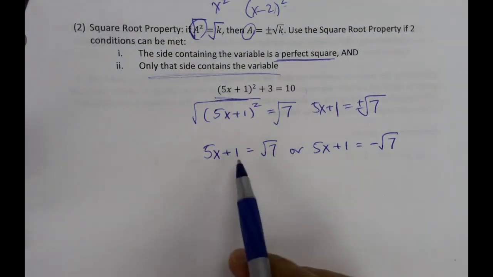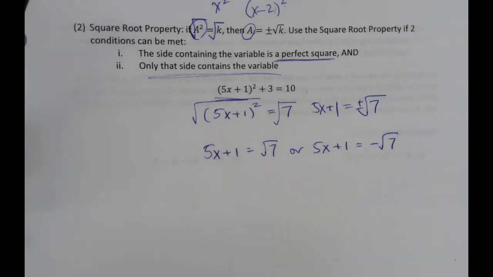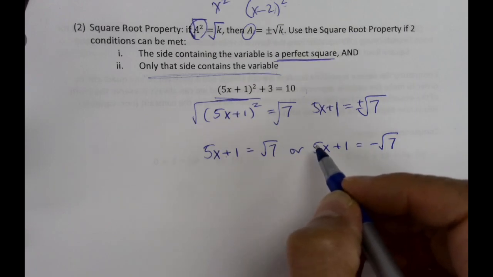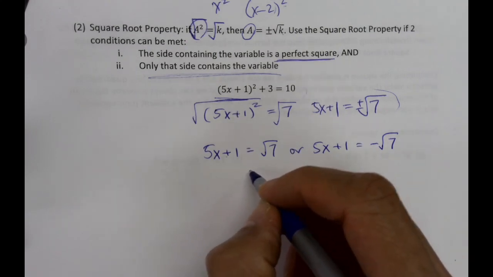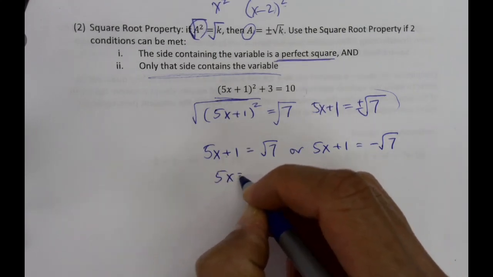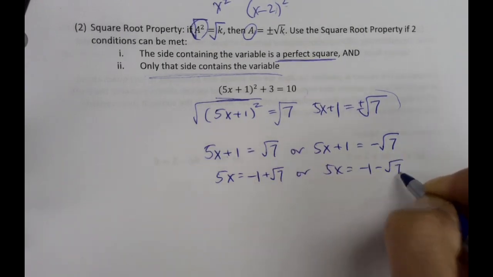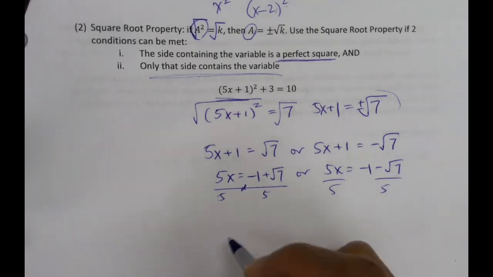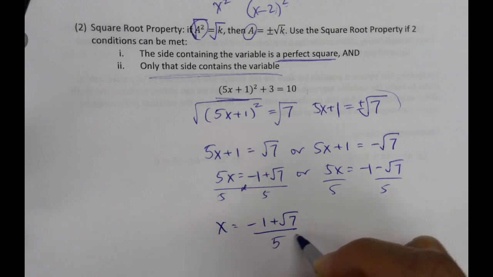I'm just going to do these separately so that you see, because we've got some other things to deal with here, the 1 that's being added and the 5 that's being multiplied. So I'll walk you through these separately, and in the future you can always do it in one go with the plus or minus. So I need to subtract 1 from both sides, so 5x equals negative 1 plus root 7, or 5x equals negative 1 minus root 7, and then I'll divide both sides by 5, and x is this, or